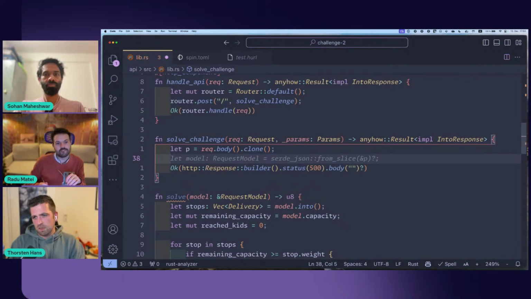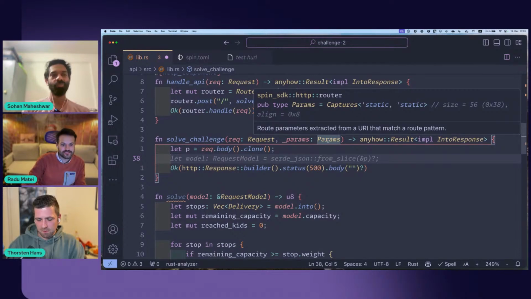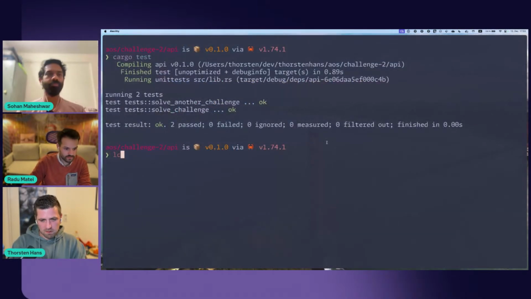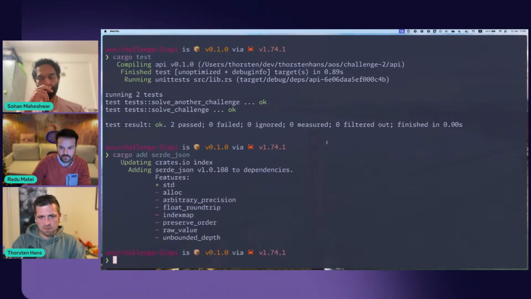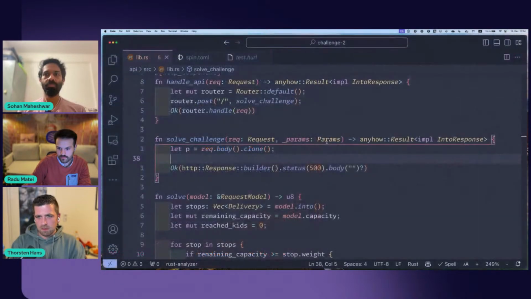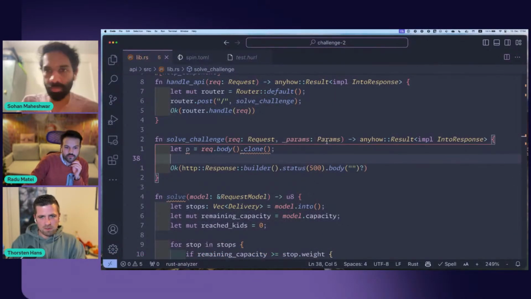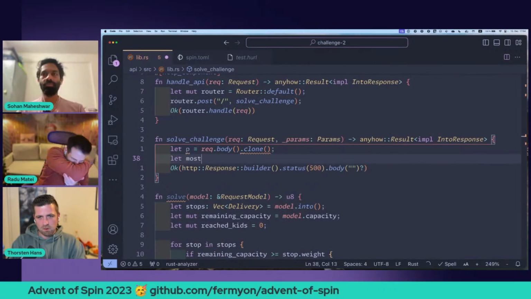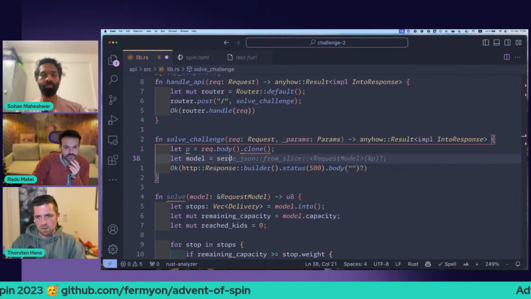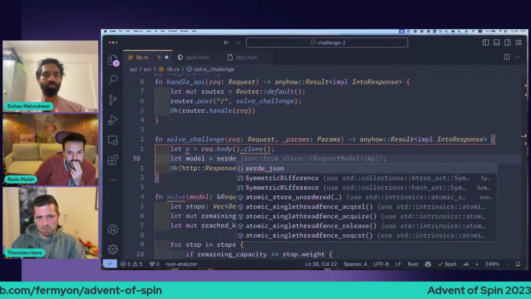And right now I would use serde_json. That's right, but I haven't installed it yet as a dependency. So let me quickly add this one, cargo add serde_json. There we go. So I would say we want an instance of our model, that's serde_json from_slice.